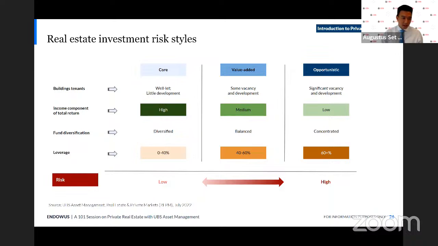So you might take on a bit higher leverage in these types of strategies, given there's a focus on larger capital appreciation. So that helps to juice up that portion of the returns. And typically leverage would be a little bit higher.